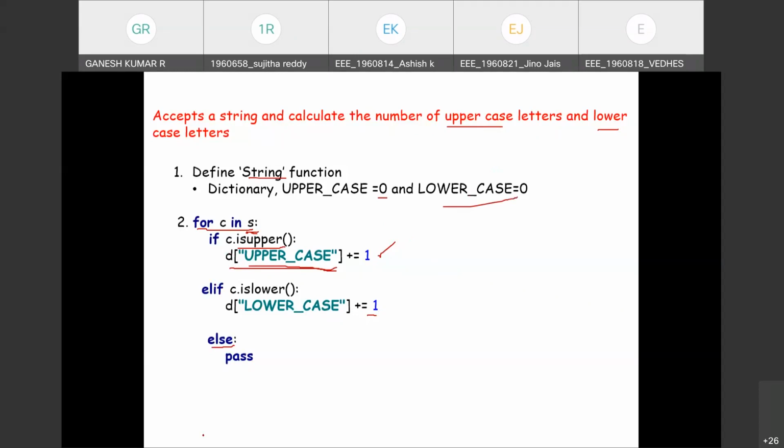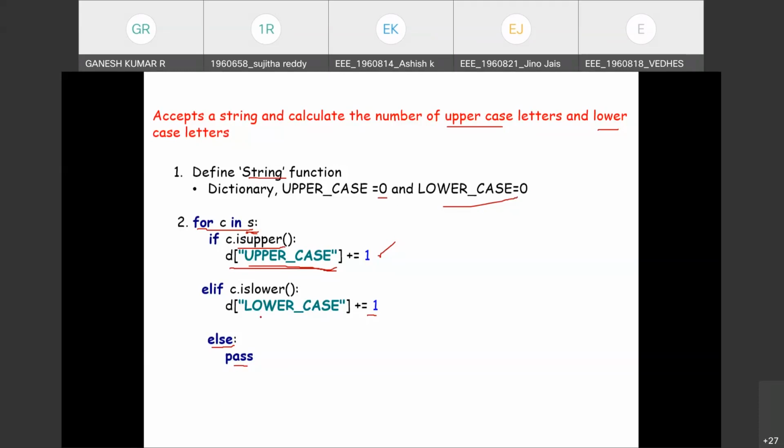In the case of other characters, meaning special characters or blank spaces, ignore them. The pass will just move forward, so it will traverse to the next character, switching to the next character.